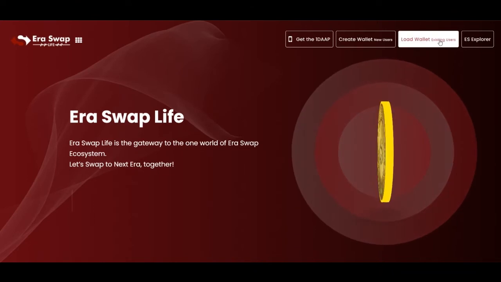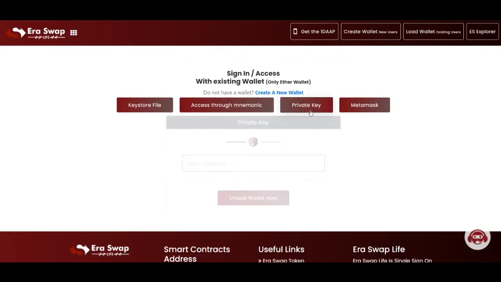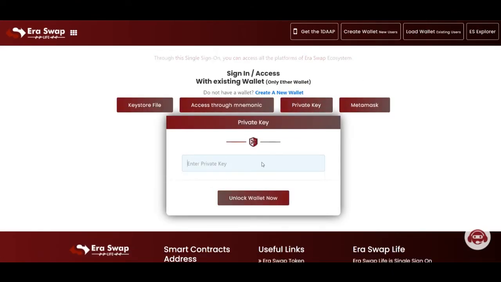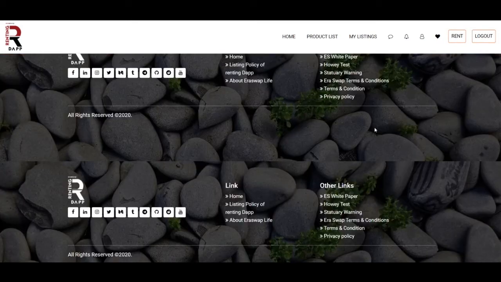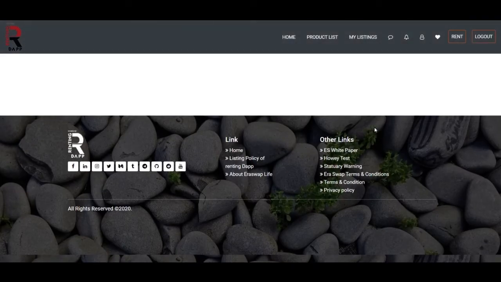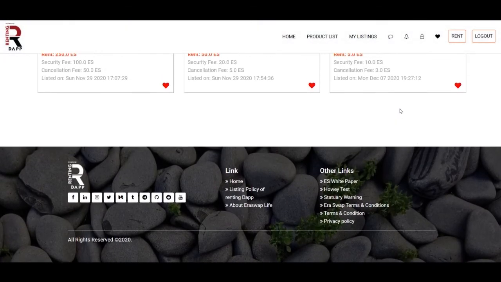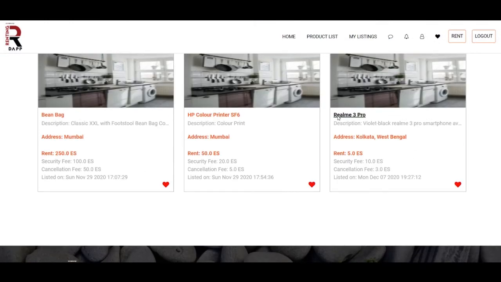So, okay, this will take quite a few transitions. Again, I'll go to product list this time and I'll go to that same product which I have booked.